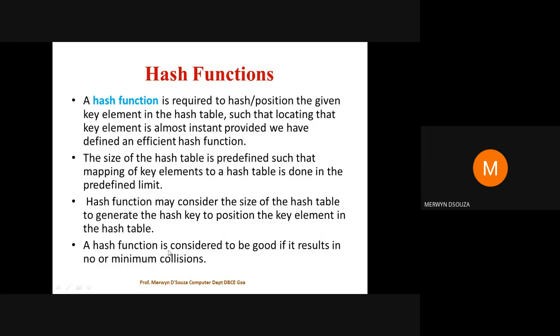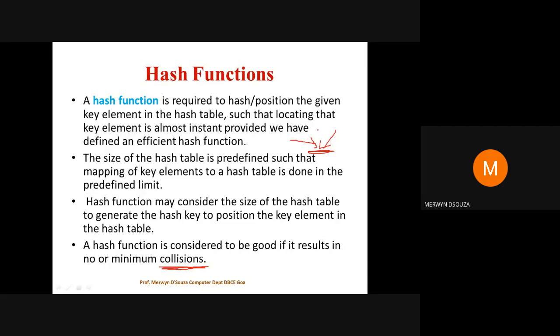A hash function is considered to be good if it results in no or minimum collisions. So what is a collision? I will tell you very shortly, but you can think of it like in normal life also, when there is an accident, it's known as a collision. Two vehicles are colliding. It's not a good thing. Why are they colliding? Because they happen to reach the same spot at the same instant of time.